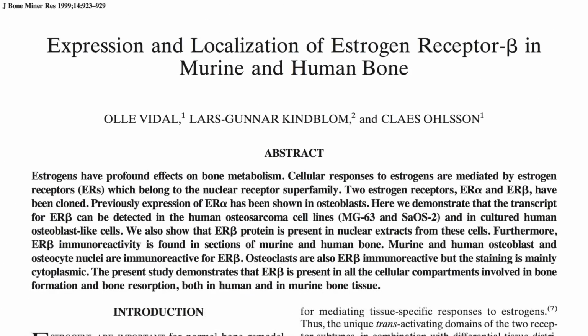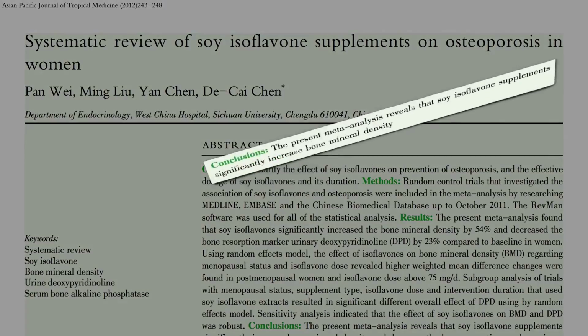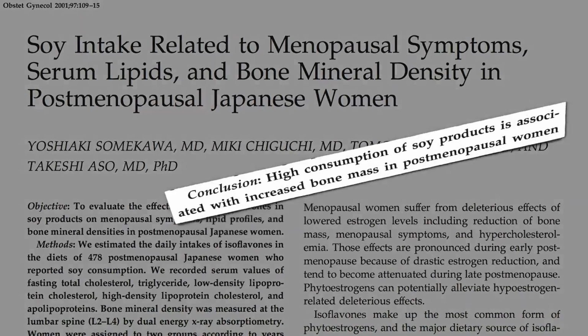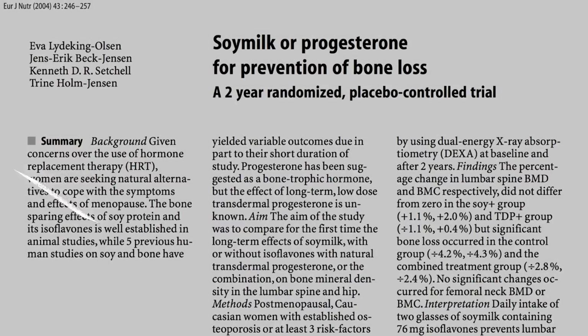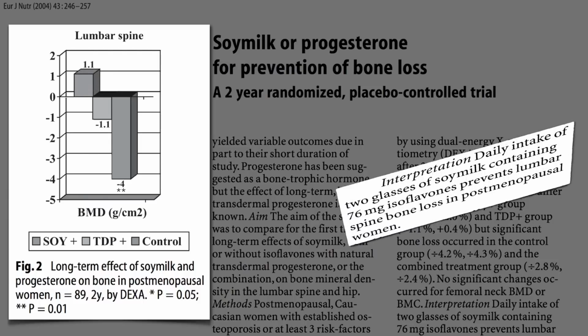In terms of bone health, human bone cells carry beta estrogen receptors, so we might expect soy phytoestrogens to be protective, and indeed they do seem to significantly increase bone mineral density, consistent with population data suggesting high consumption of soy products is associated with increased bone mass. But can they prevent bone loss over time? Soy milk was compared to a transdermal progesterone cream. The control group lost significant bone mineral density in their spine over the 2-year study period, but the progesterone group lost significantly less, and the 2 glasses of soy milk a day group ended up actually better than when they